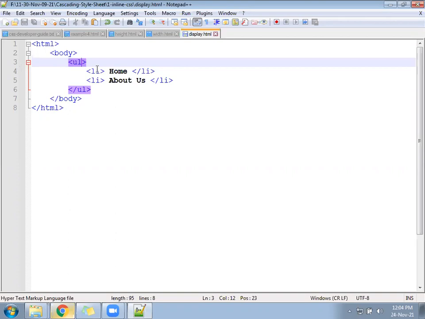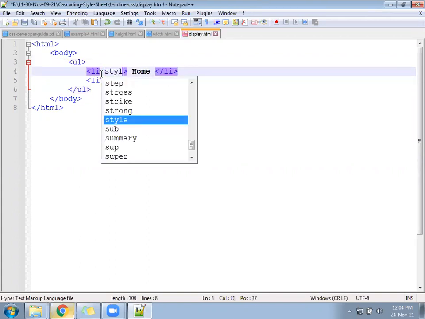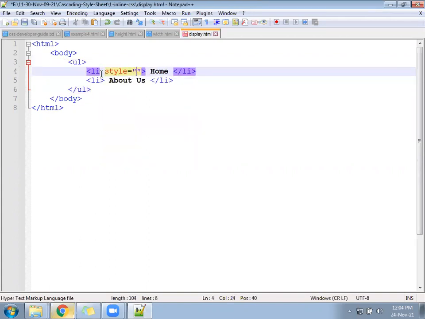Now for these two LI, write style equal to, inline CSS. It is a lengthy process, but for understanding it's very good. The property remains the same. Whatever property value you write in CSS will remain the same in inline, internal, and external also. Only the place where we write the code changes.